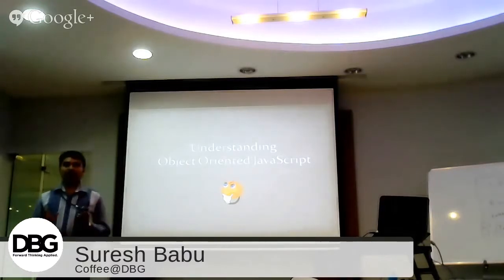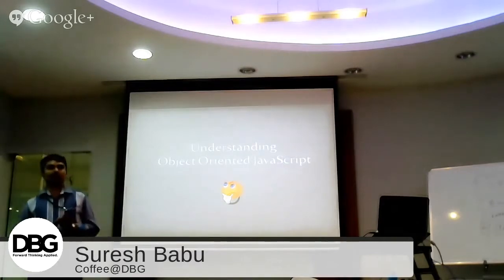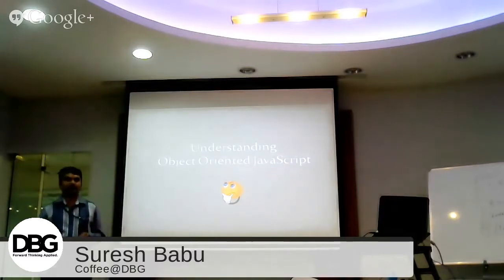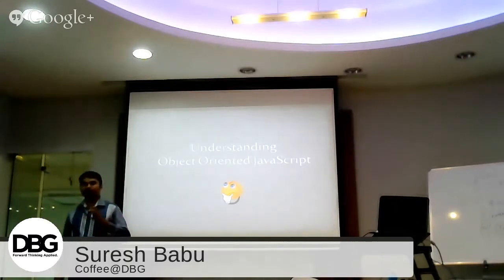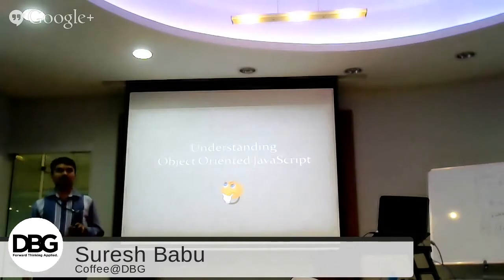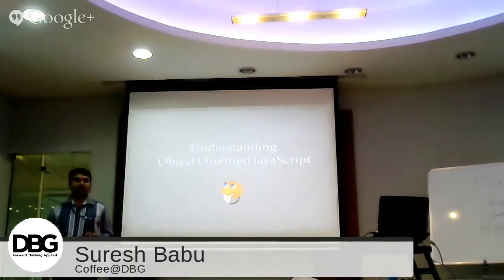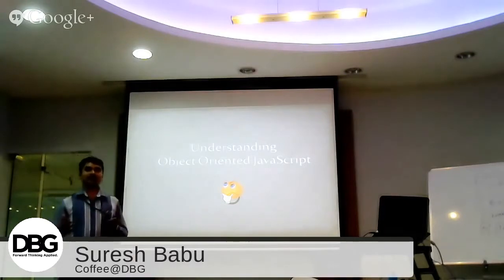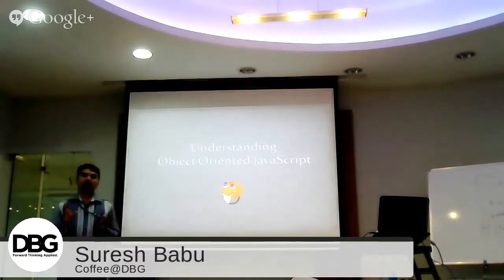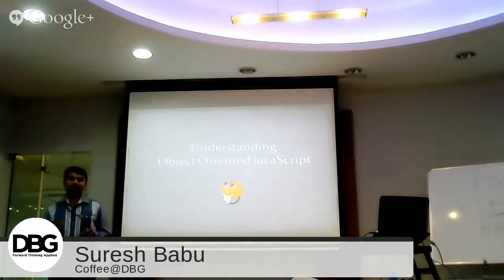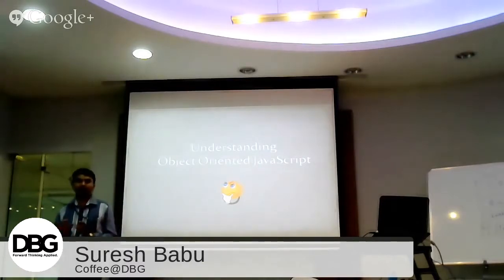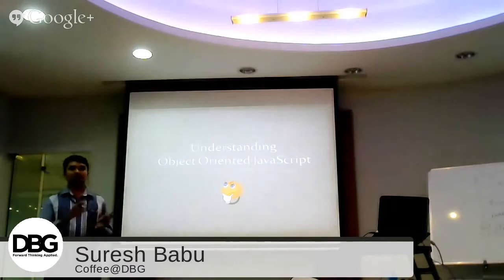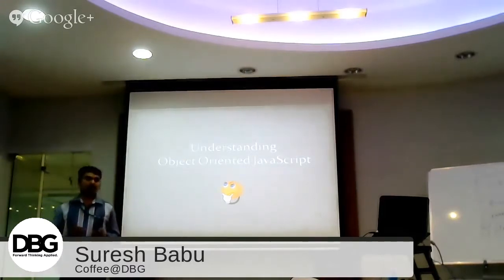Nowadays, every web programmer is using jQuery and Bootstrap and Knockout.js, etc. A lot of third-party libraries. The reason they are using this type of library is that they are very flexible and very easy to use. So what is the popularity of these libraries? The thing is, when they developed these libraries, they followed an object-oriented pattern. That is why they are very flexible, and that is why they are very popular.